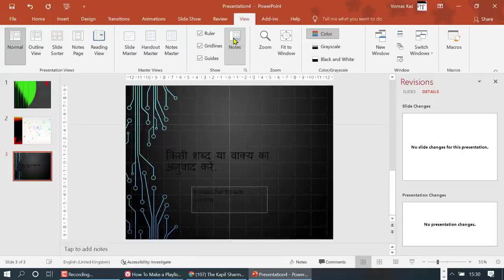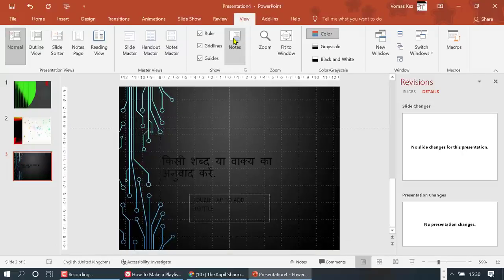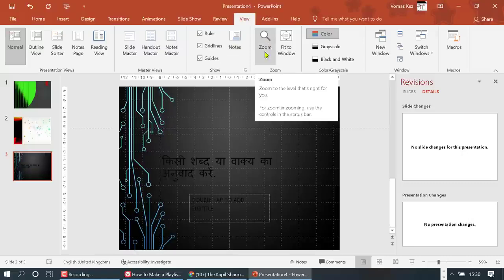Like zoom option, zoom to the level that's right for you. For zooming, use the controls in the status bar